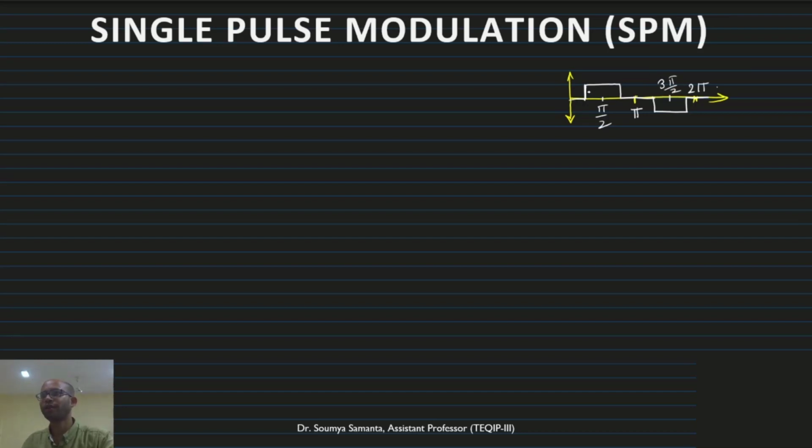Now what is the width? The width is d, and let me write it down. You can make it 2d also. In some references you may get 2d also. This is the same. Now I have considered the pulse width is d, and this is symmetrical about pi by 2. Now if I control this width d, then what will happen? This will be the output voltage, suppose. So the output voltage has been controlled.